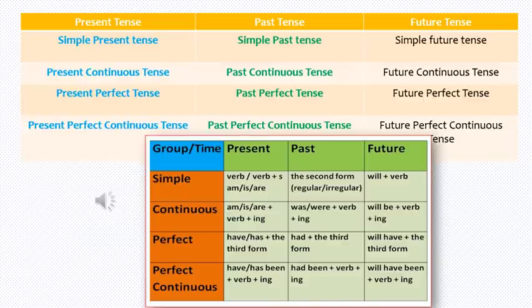Okay, to understand this properly, first of all you must understand the three persons: first person, second person, third person. With the third person in the simple present tense, we will have to add s or es with the verb. Like that, you may just go through the table given here and understand it in a proper way, which we have been revising in the previous years. Again explaining it will be boring for you. So just revise by yourself.